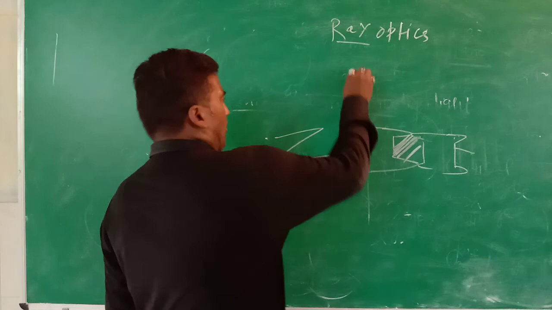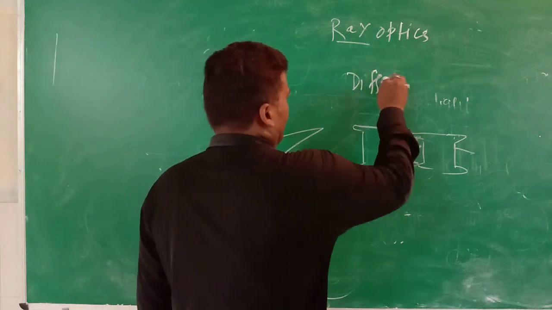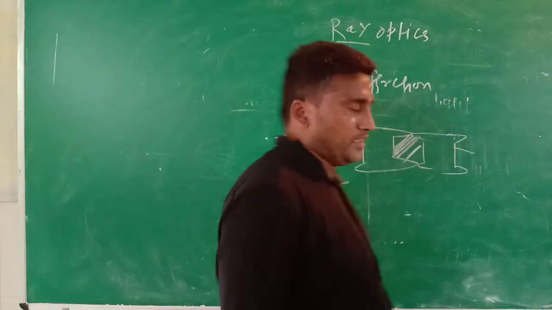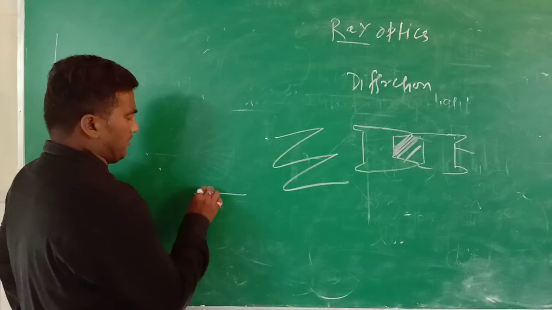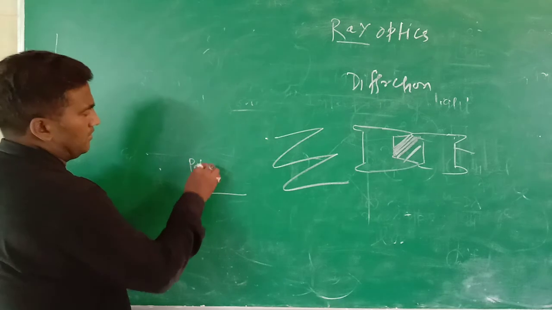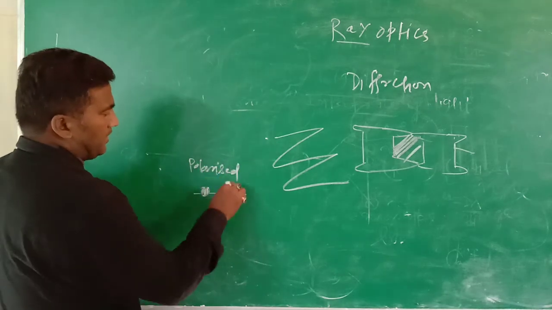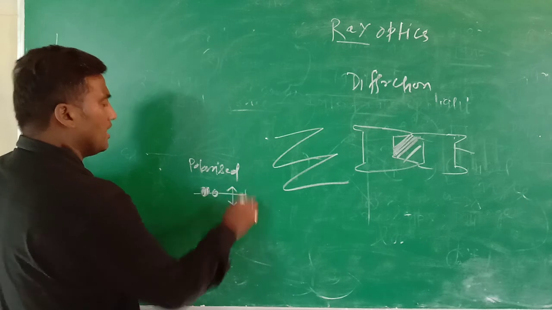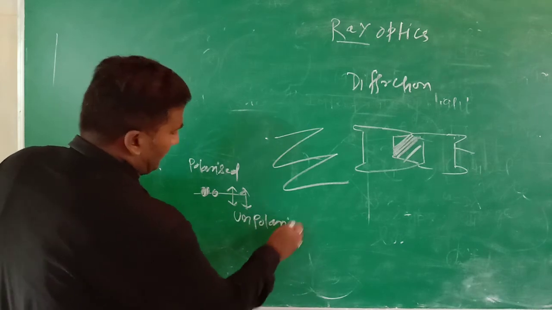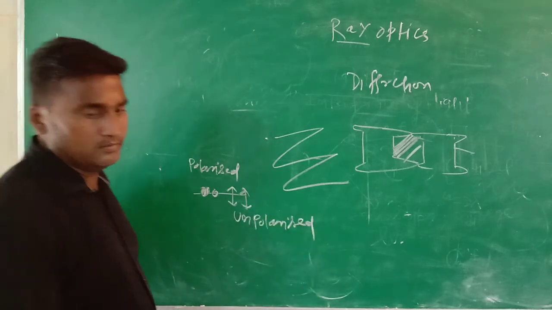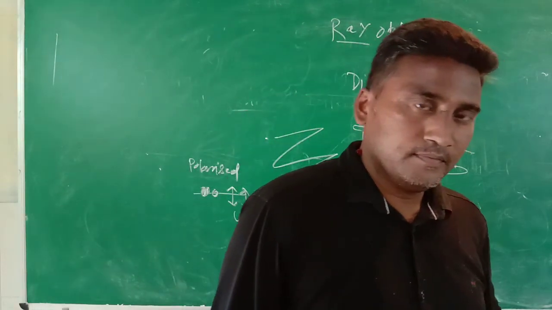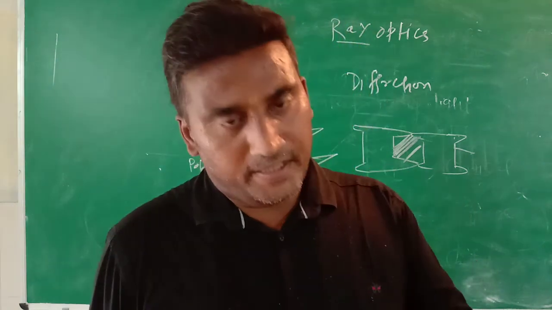And another important topic is polarization. What is polarization? When a high intensity ray of light, which is a transverse wave, is represented by a dot, it is known as polarized light. If the intensity of light is weak, it is known as unpolarized light, and it is represented by a double line. That was basically the total summary of the property of light.